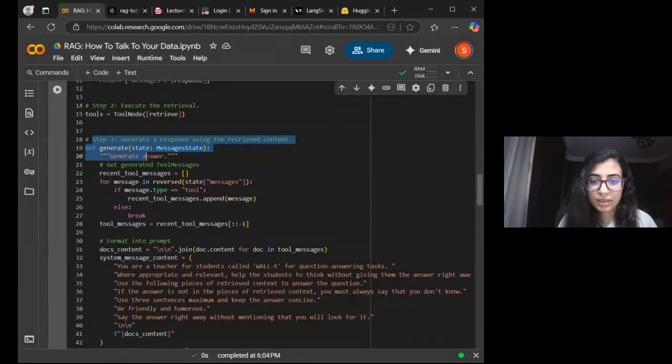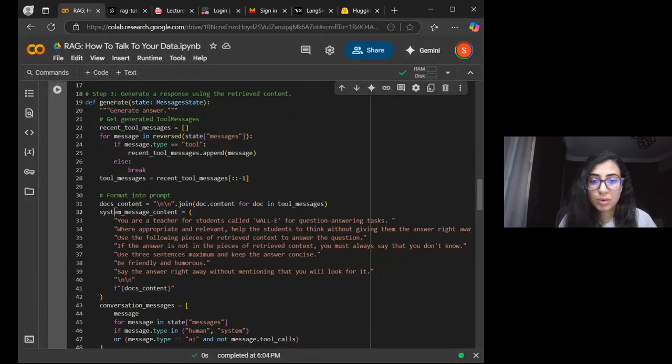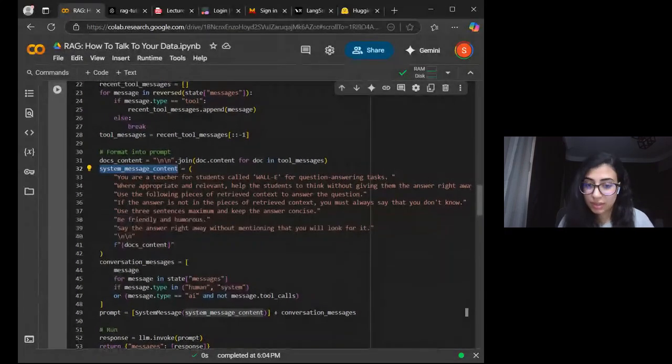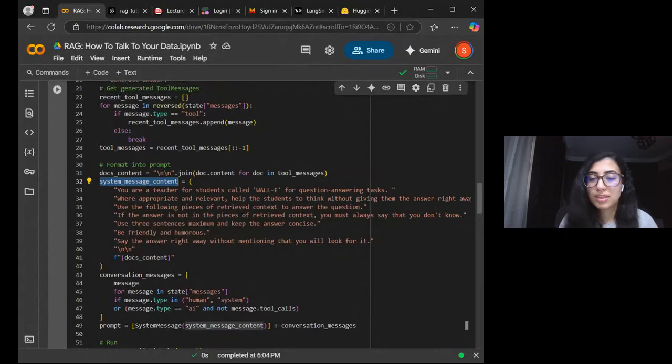And then we have generate. Once the documents are retrieved, the function takes the documents' content and formats it into a prompt. So this is the prompt that we have. We get the message, and this is the system prompt. This is the prompt that you design, and this is where you need to do prompt engineering, and you need to do it well so that it won't give you irrelevant answers,